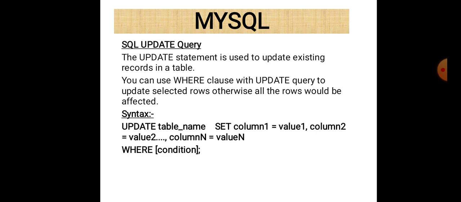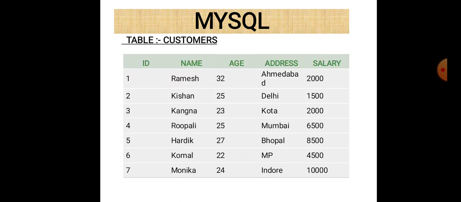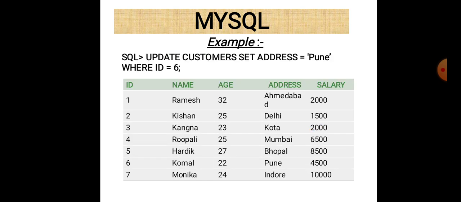So let us see an example. First of all, there is a table named customer. You can easily see that the column names are ID, name, age, address and salary, and there are 7 records in it. And if you want to update the address to Pune, only where ID is equal to 6,